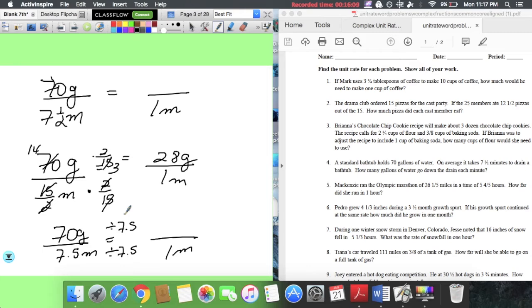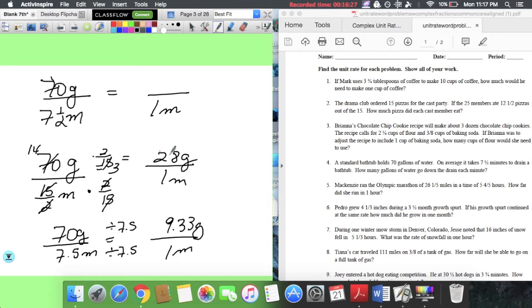Oh my god, 70 divided by 7.5. Nope, I did it wrong. What did I do wrong here? Oh, I forgot divided by 3. It's 14 times 2 on top, divided by 3. So it should have been